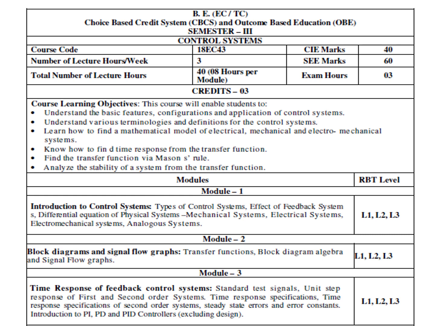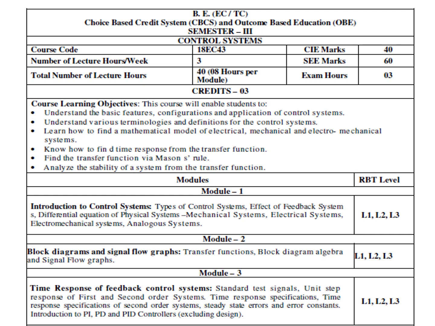Students can also find the time response from the transfer function using a formula termed as Mason's gain formula, and also stability of the system can be analyzed using the transfer function representation. So these are the course learning objectives of the subject. Now coming to the syllabus, we have 5 modules. In first module,